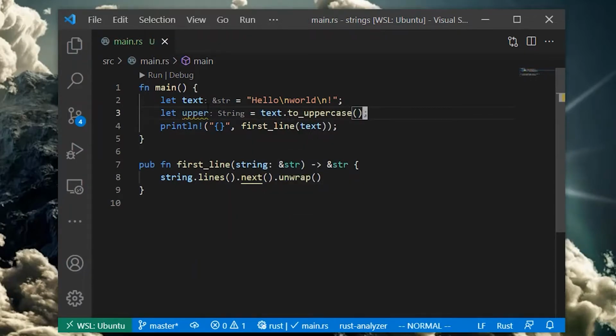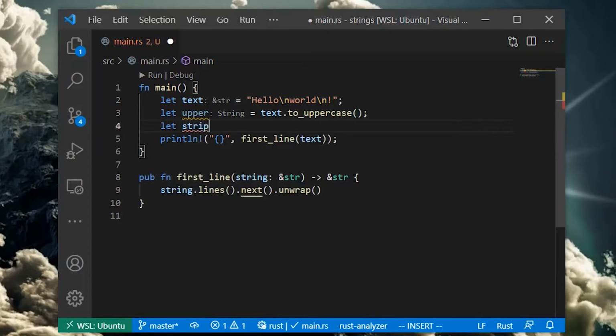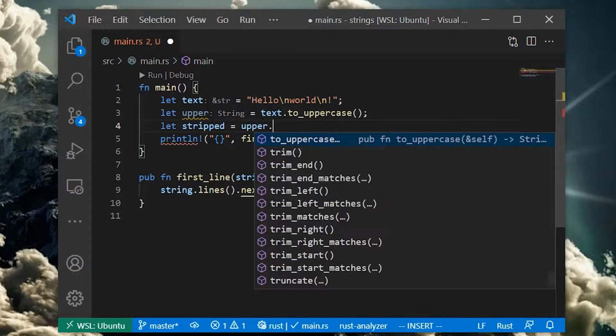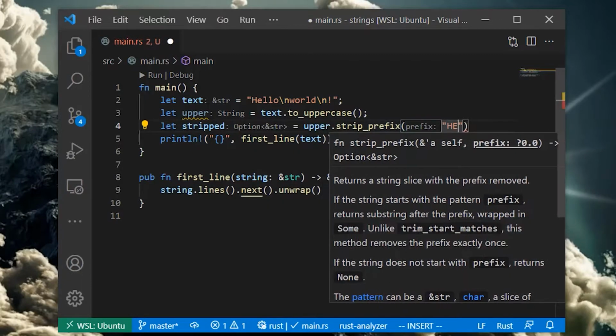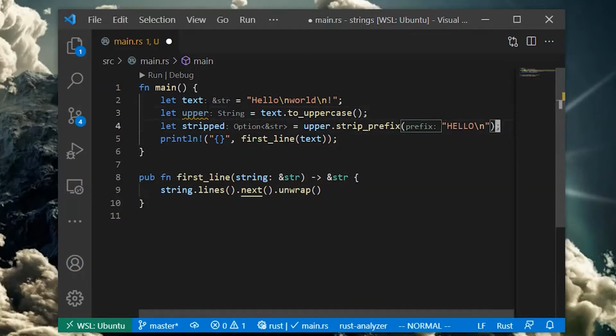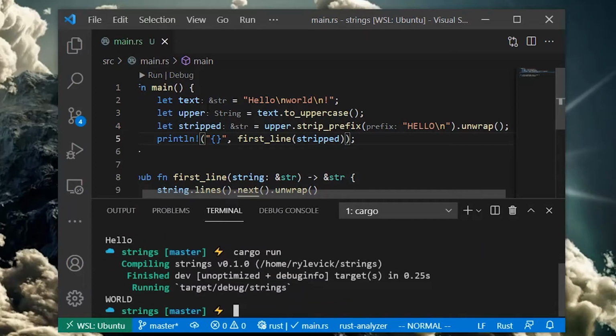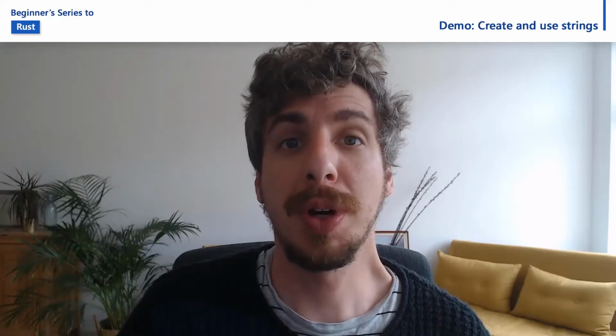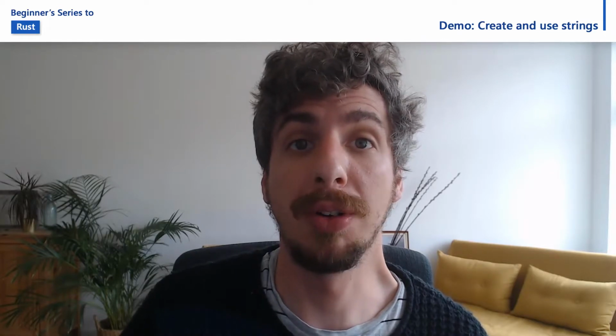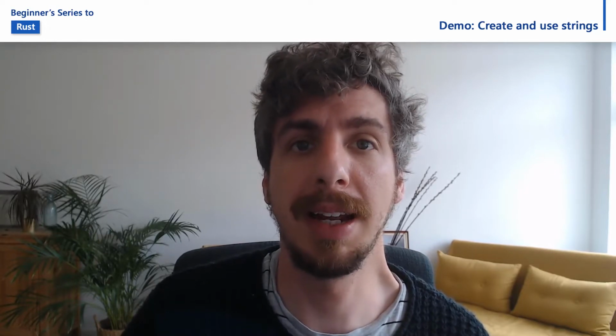Rust strings come with a whole bunch of helpful methods for manipulating string data. For instance, we can make our string uppercase and strip things from the string. Make sure to check out the Rust standard library docs to see what else you can do with Rust strings. Rust string types can be confusing to newcomers because they require understanding ownership and borrowing. But once you have an understanding of these concepts, you'll be able to manipulate text data in an incredibly efficient